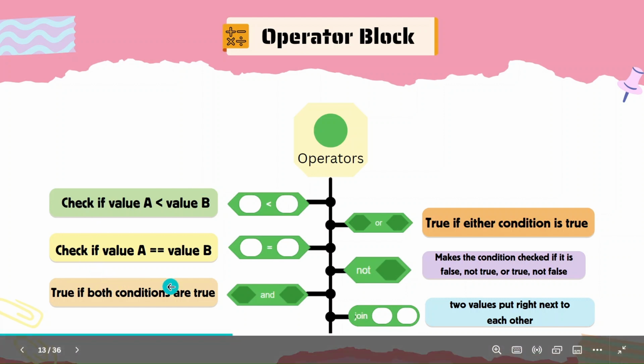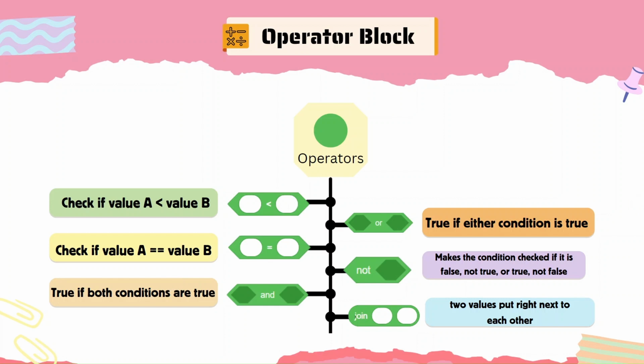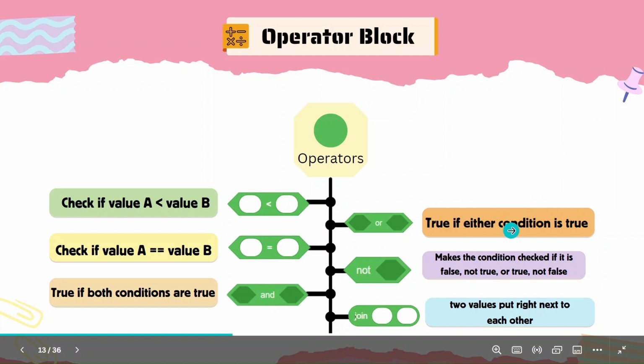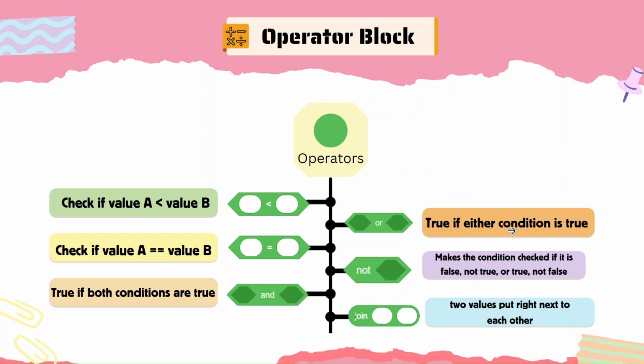Then it comes to true if both conditions are true. If I give you two conditions, that if it rains outside, you will not go, so if both the conditions are true, then you will not be going outside the home. This is how we are going to check. So if we are talking about both conditions to be true, we will use this AND. And when it comes to one condition, meaning even if it is raining, you can go outside, that will be your OR condition. Then comes NOT, meaning simply the opposite of what is happening. If your mom says yes, you will say no.